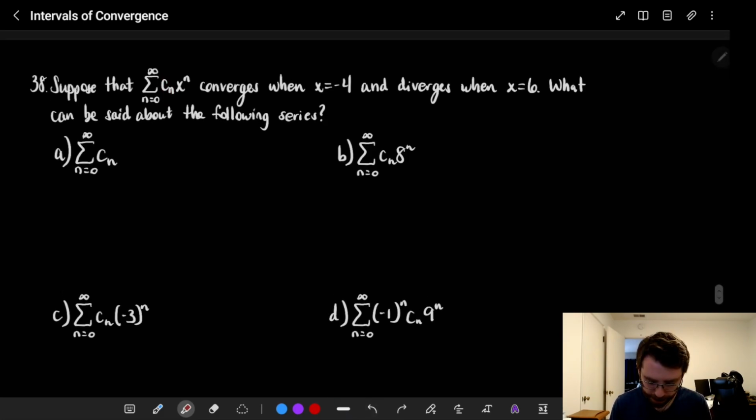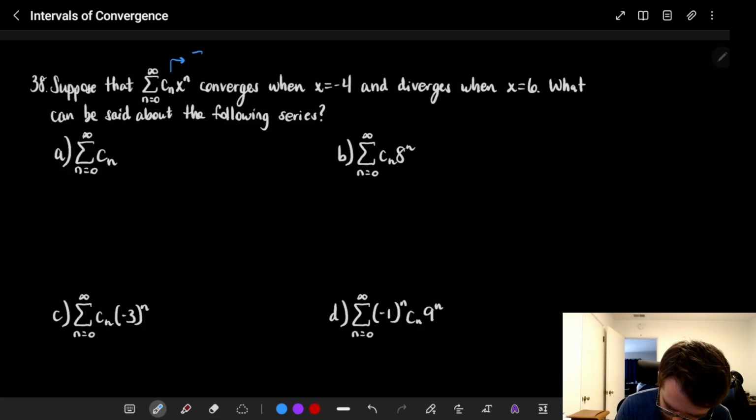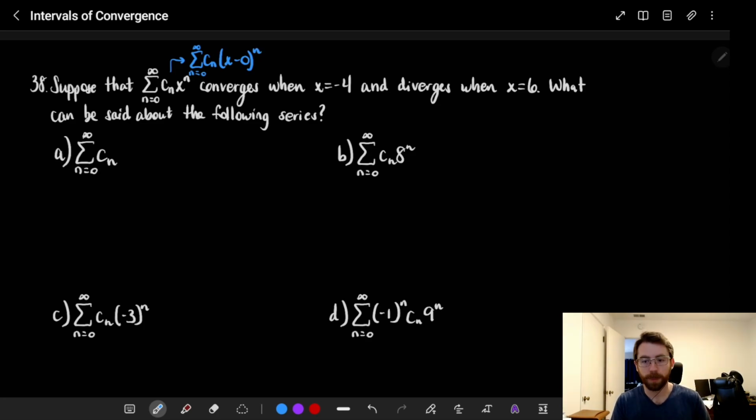And I'm told that this power series converges for a certain value of x and diverges for another value of x. Then I get asked about 4 other series which maybe look related to the series I'm thinking of. The first thing I'm going to advise you to do here is write this in a way that you can more easily see what the center of the interval of convergence will be. So since it's just x to the n, it's not like x minus 2 to the n or something. Let's write it as x minus 0 to the n, and note that the interval of convergence, when I write it like this,